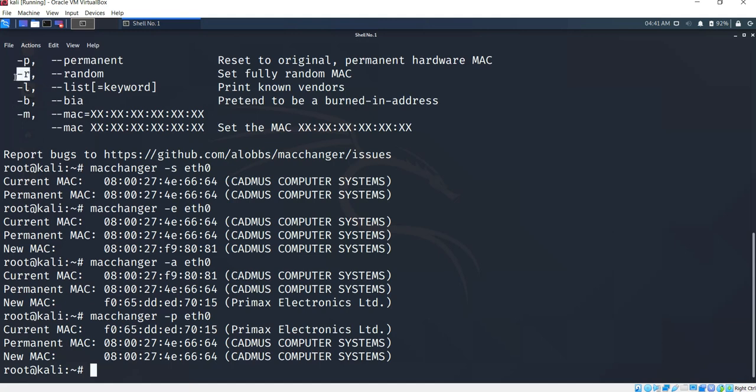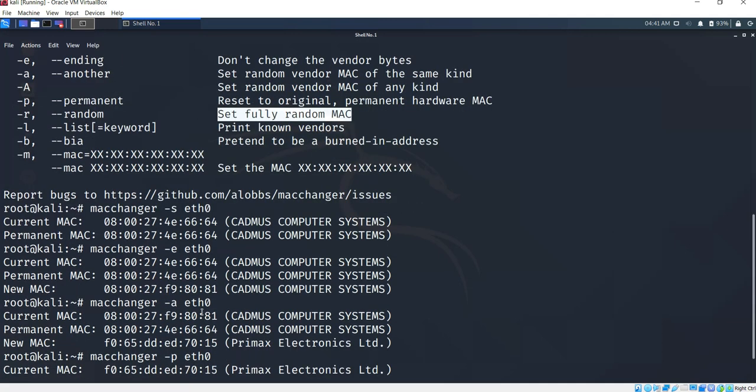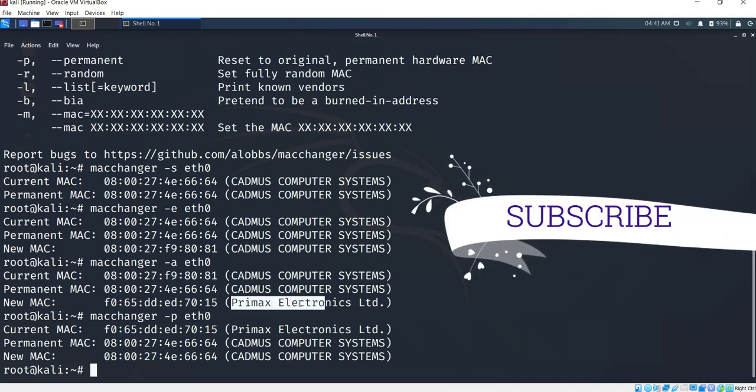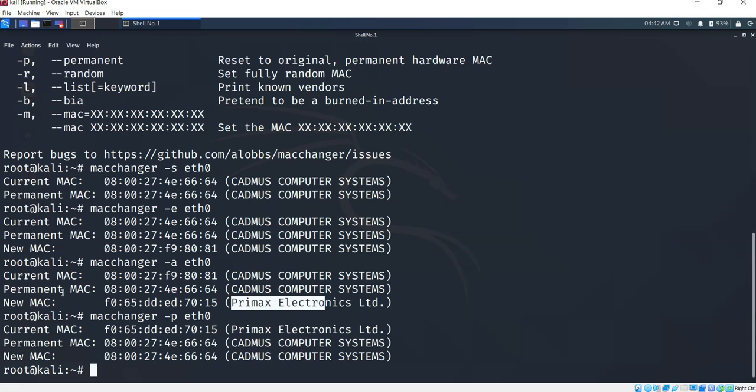And random: when you give -r, it sets a fully random MAC address. See, up to now whatever we were giving belonged to some company, like Primax Electronics and Cadmus Computer Systems. But whenever you give the command -r, it will give you anything.